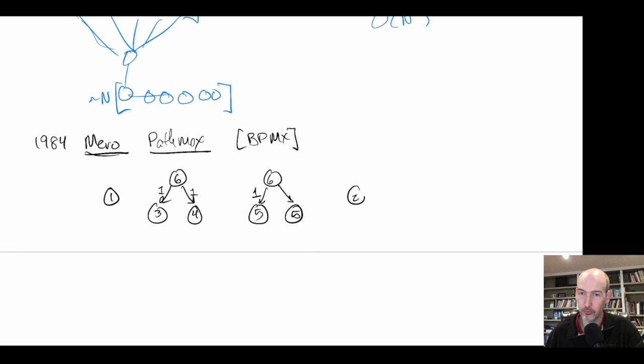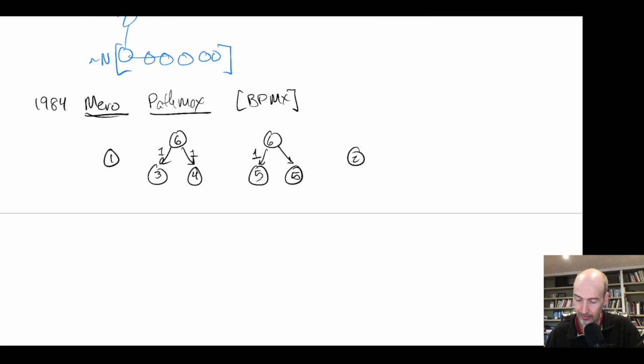The second Pathmax rule says this. Suppose that I have a state here with a heuristic of 3, and I have 2 children. They both have edges of cost 1. One has a heuristic of 7, and one has a heuristic of 4. What I can say here, so this is the new value,